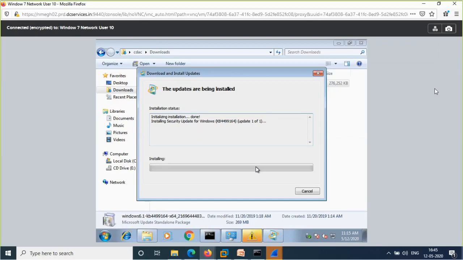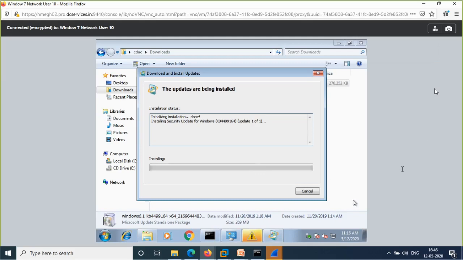Any questions, sir? For Windows 7, the patch is not available. For Windows 7, sir? For Windows 7 64-bit, when you take security only, it is showing many files, and one file for Windows 7 is not available.